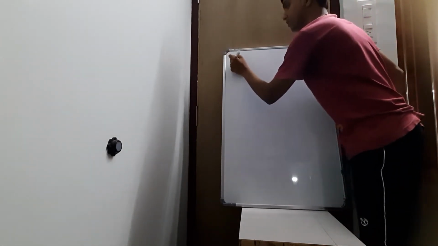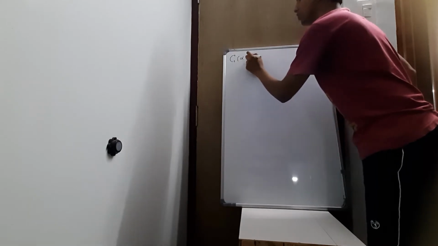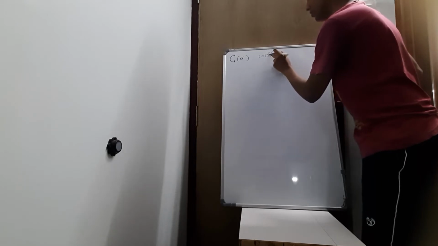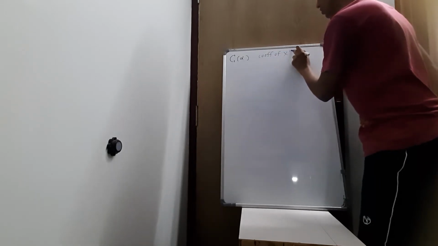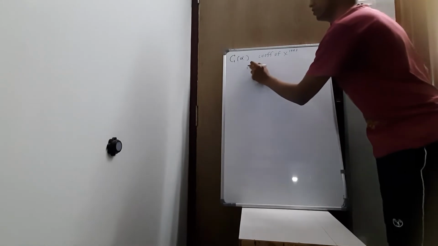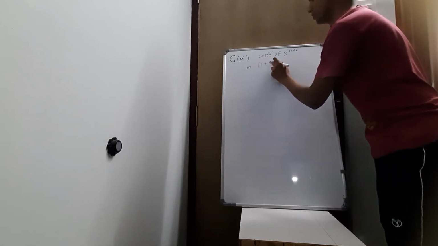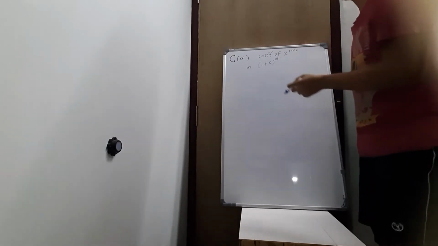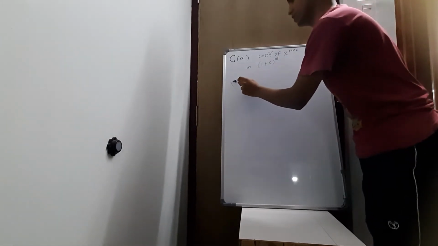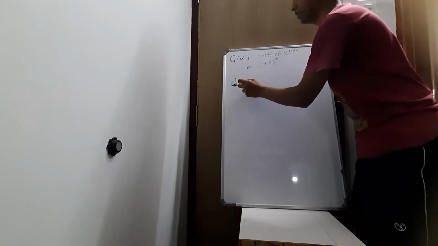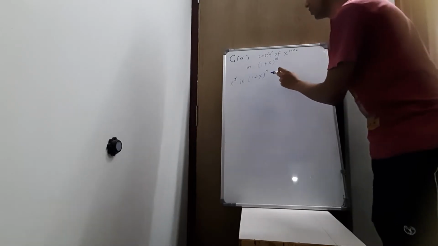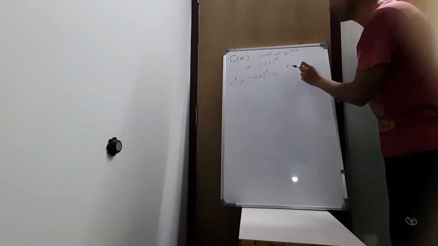Right. Now we have to define C of alpha. It is the coefficient of x to the power 1992 in the power series expansion of (1 plus x) to the power alpha. And we have already seen that if we need the coefficient of x to the power r in (1 plus x) to the power n, it's simply nCr.